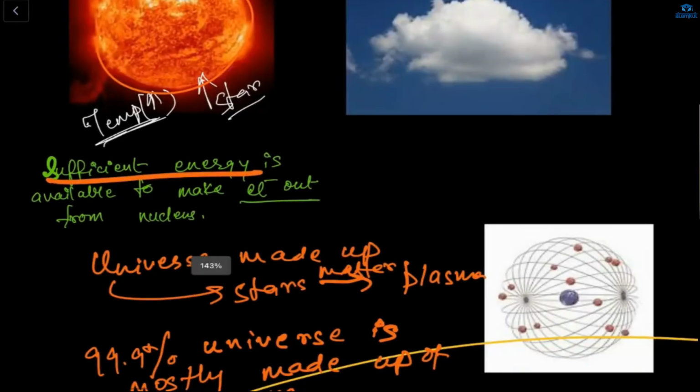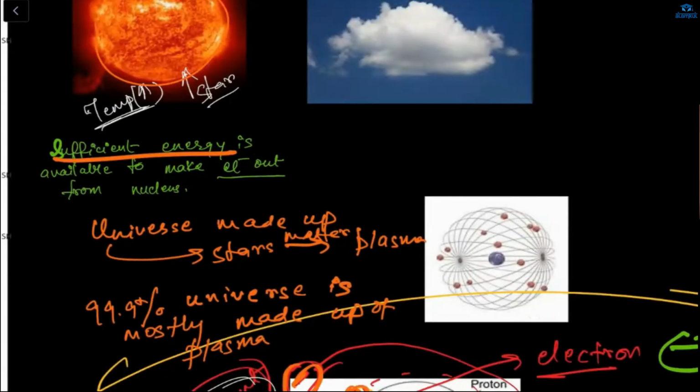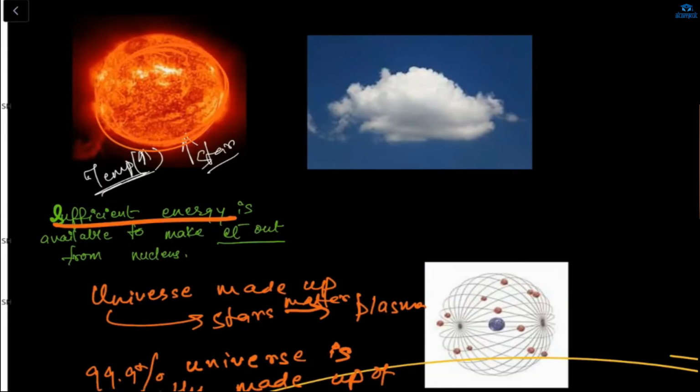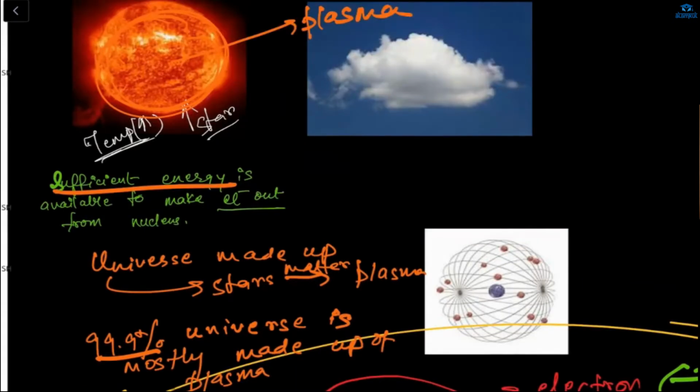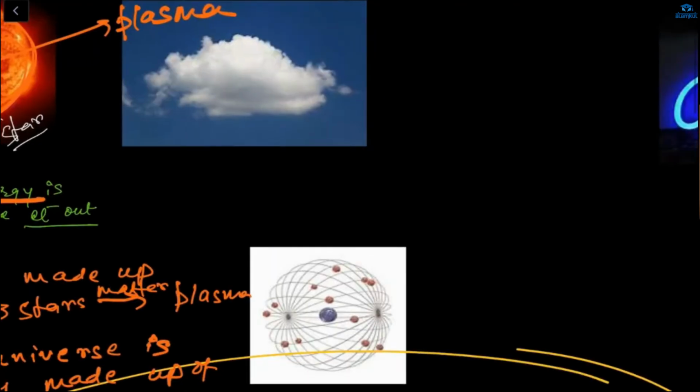Right? Yes, ma'am. So we can say that the universe is made up of stars, like all the solar systems, all the planets, and inside this star there is matter of what? Plasma. Yes, ma'am. Plasma, because sufficient energy is in that thing. So we can say that 99.9% of my universe is made up of plasma, because inside each star, there's that state of matter. So that's how we can say that the universe is mostly made up of plasma. Any more doubt? No, ma'am. Understood? Yes, ma'am. Okay.